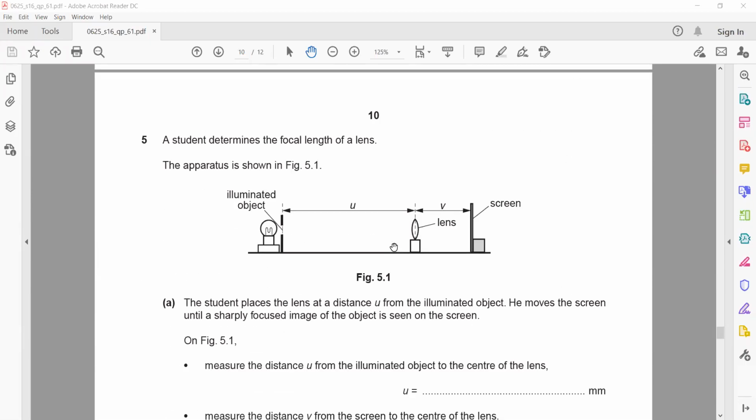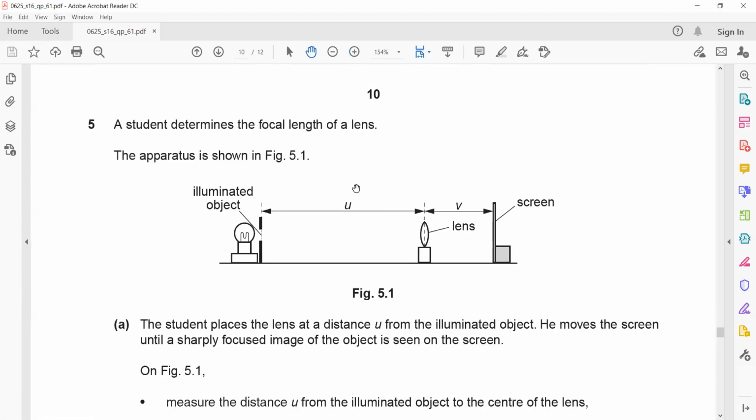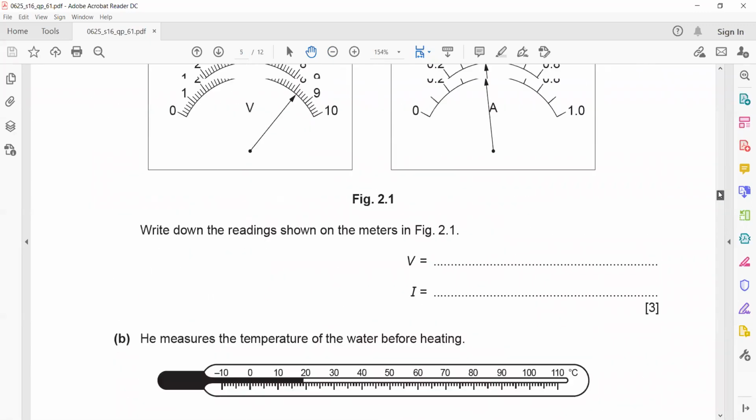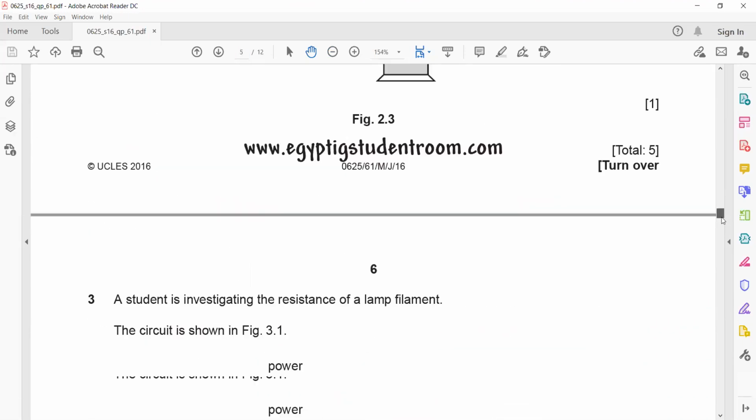Thank you, sir. Okay. In the next question, this is the last question of paper 6. Normally there are 4 to 5 questions. In paper 6 chemistry you will find 4. Physics has variation, sometimes 4, sometimes 5. The reason it has 5 is that question number 2 was nothing, just reading apparatus, and you finish question 2.